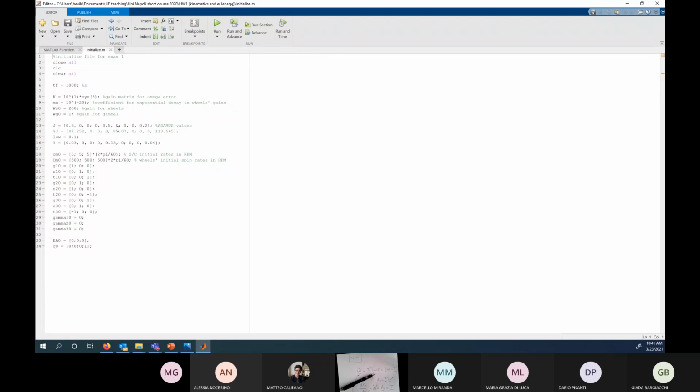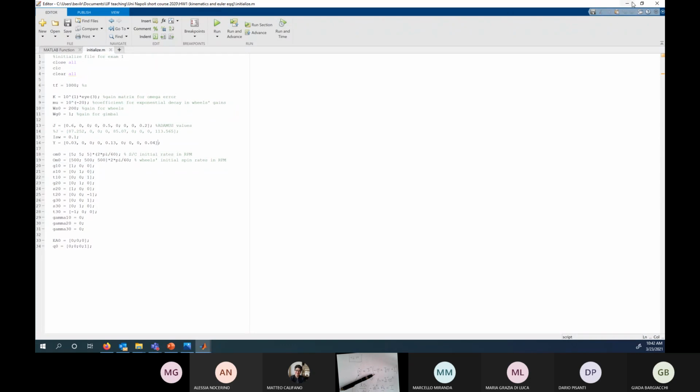Forget about all these other values that for now you're not using, like these gains. This is the final time for the simulation. Well, this is the J matrix that is being used. Forget about ISW and Y for now. But this is the matrix of inertia that is used. And this is the initial angular velocity that is used, Om0. It's in RPM, so 555 would be in RPM, and then this operation transforms it into radians